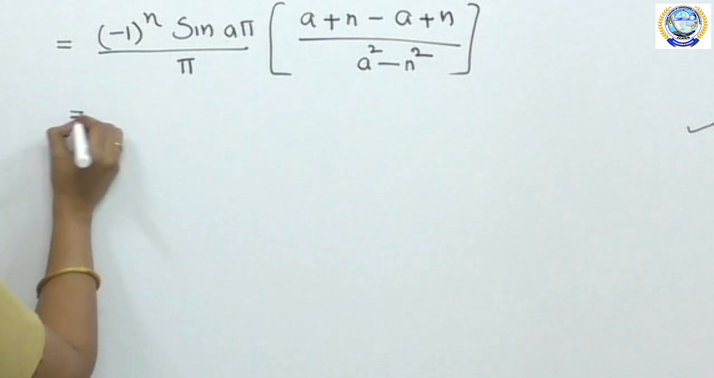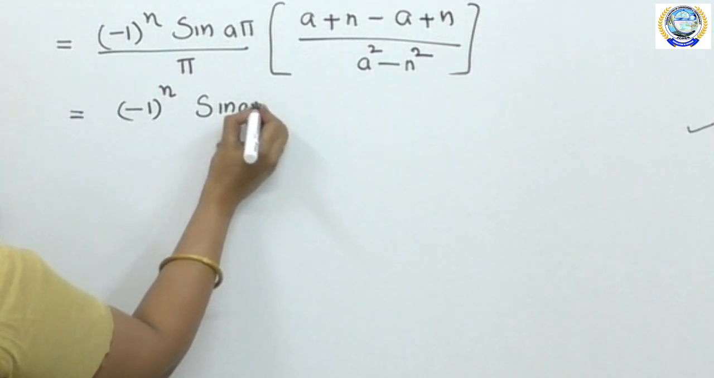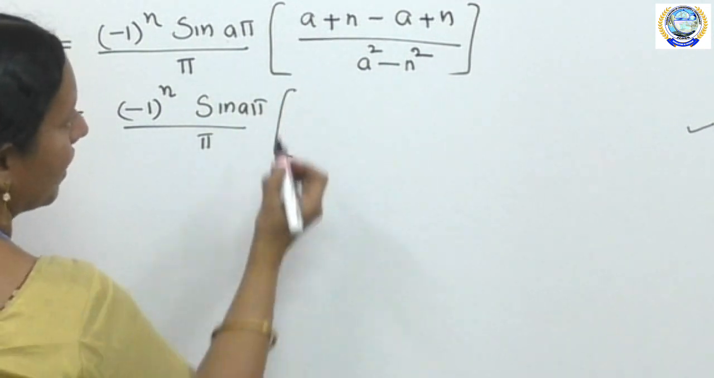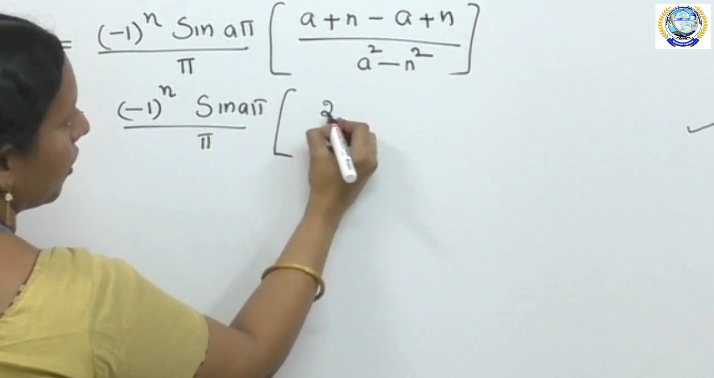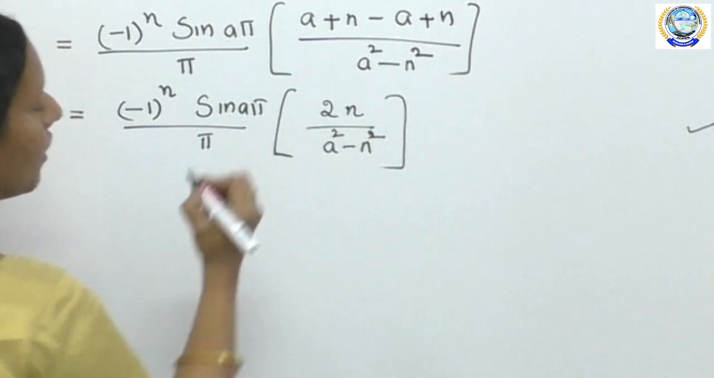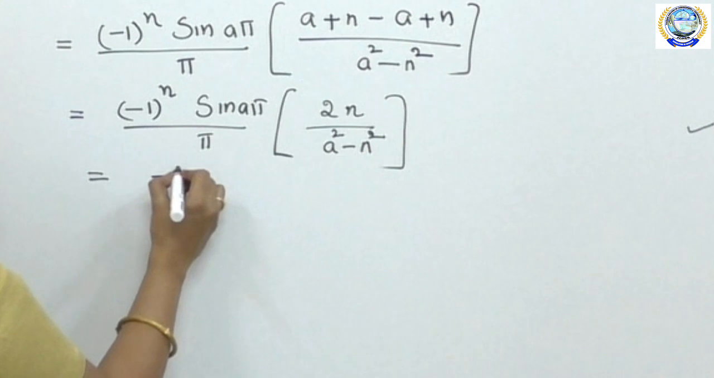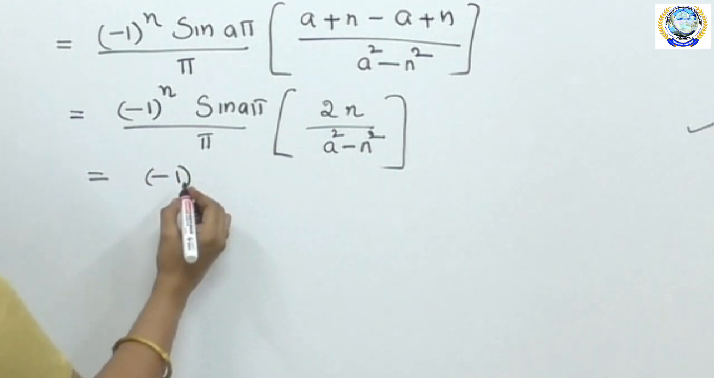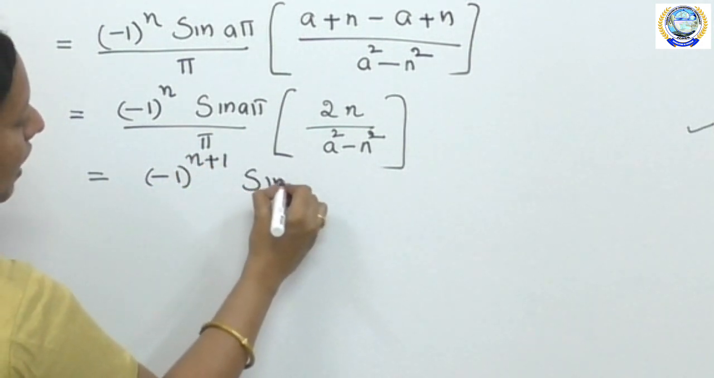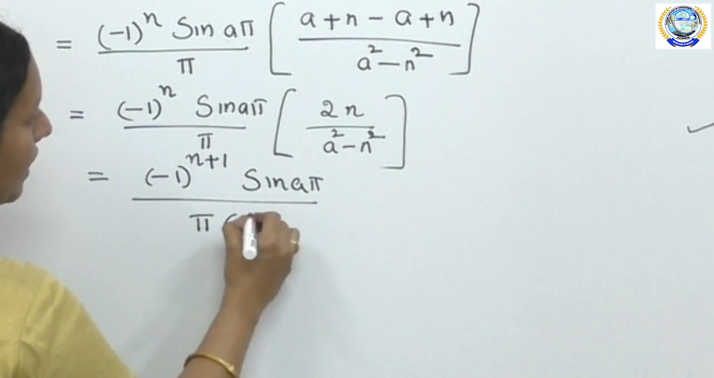this equals to (−1)^n sin aπ/π into, plus a and minus a get cancelled, we get 2n/(a² − n²). This can also be written as minus 1. Take common minus here. We get (−1)^(n+1) sin aπ/π into